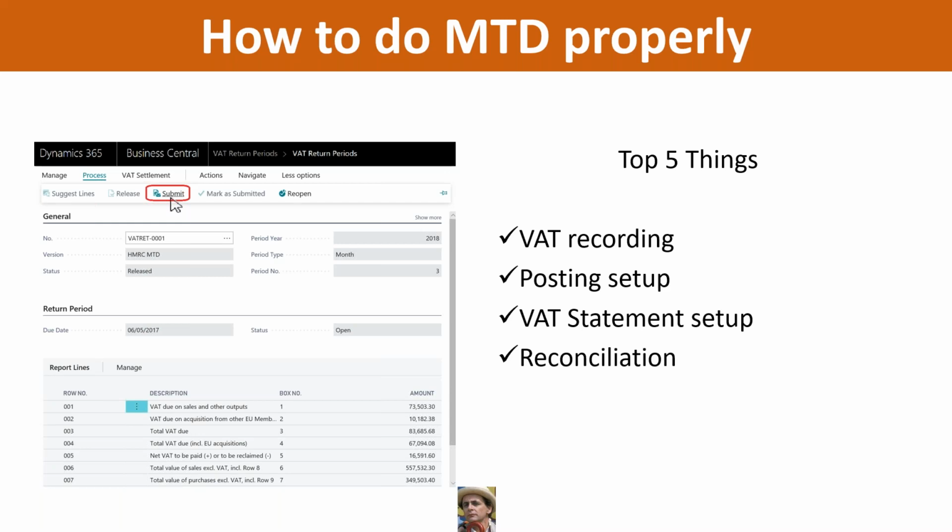And once you've reached that point, that you know you're recording all your VAT in one place, you know that it has been recorded correctly because you did the setup, you know it's been reported correctly because you've done that setup and you've checked it, then you're in a position to go to that VAT submission page and just click the submit button, knowing that it's submitting the correct numbers. And next month or next quarter, when it's time for your next submission, you know that you can press that button again and you can trust that you are submitting the correct numbers without spending hours doing those calculations.